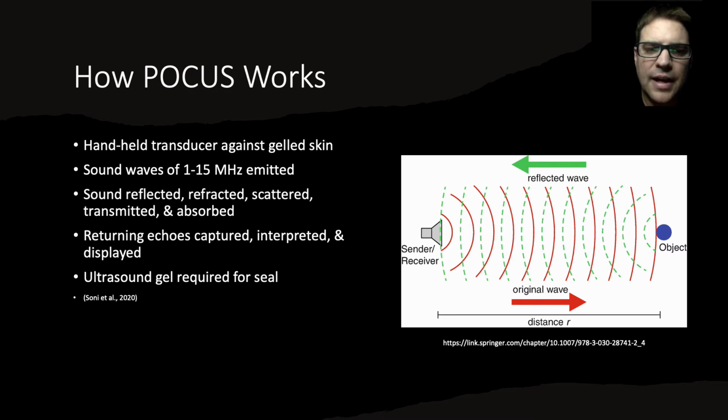In POCUS, a handheld transducer is placed firmly against the patient's epidermis, or mucous membrane-lined body cavity, and sound waves of 1 to 15 megahertz are emitted. As the sound waves travel away from the transducer, they are reflected, refracted, scattered, transmitted, and absorbed by different body tissues, depending upon physical properties, or the echogenicity of the body tissue. The returning echoes are then captured by the handheld transducer, interpreted by the ultrasound computer, and an image is displayed